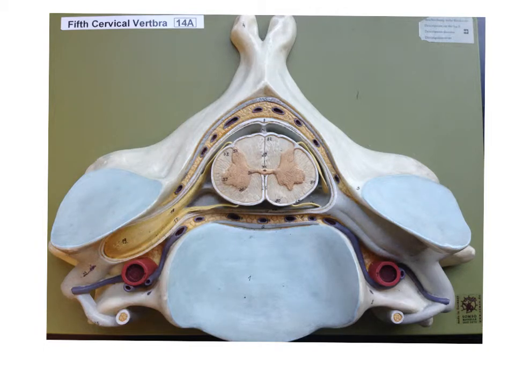All right, let's take a look at the spinal cord. Specifically, we're looking at the fifth cervical vertebra here. We're going to go over all of the features that are identified on this model. Number one, though, you always have to take a look at what anterior and posterior are on the spinal cord,